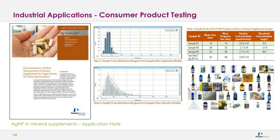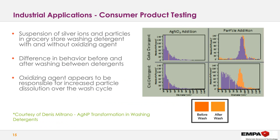It's a great technique to be able to look into the usability or the implementation of nanomaterials in many consumer products. The next consumer product I'm going to be talking about is clothing, silver in textiles, and how we are able to look at the efficiency of the product. For example, if I am to include silver particles in a textile and put that into various washing cycles, what happens to the silver in those washing cycles? In this slide, if I can bring your attention briefly to the graphs, there is a color detergent on the top and there is an oxy detergent on the bottom. We added silver